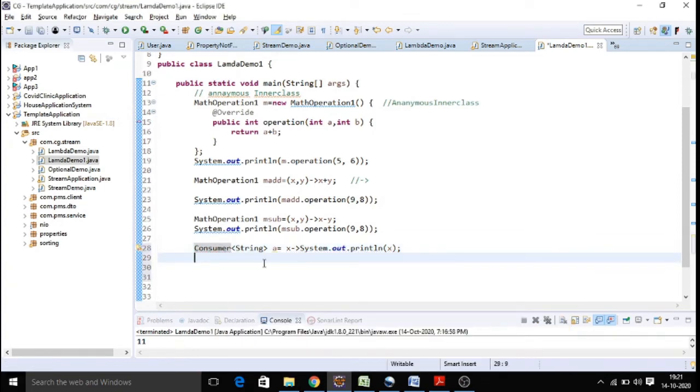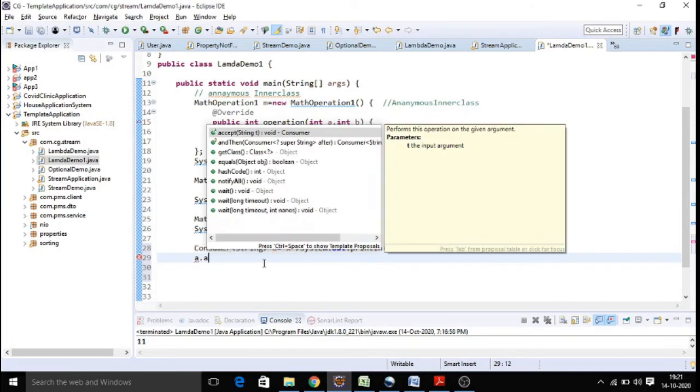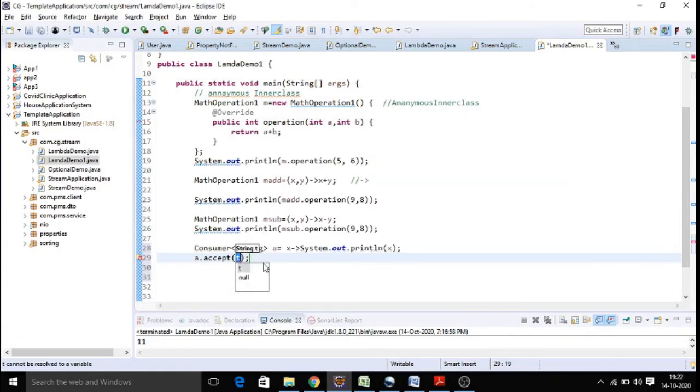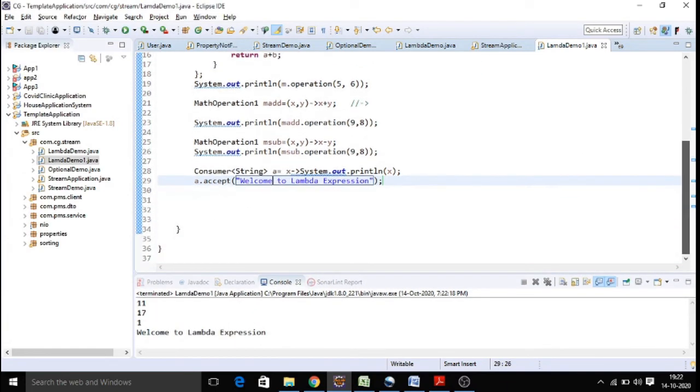Then how do we pass it? We take the consumer object dot accept, a predefined method that accepts based on the data type you are passing. Let us say I pass a simple message. It is a predefined lambda expression which just takes and displays the value. It doesn't have any kind of return type. That is called a consumer lambda expression.